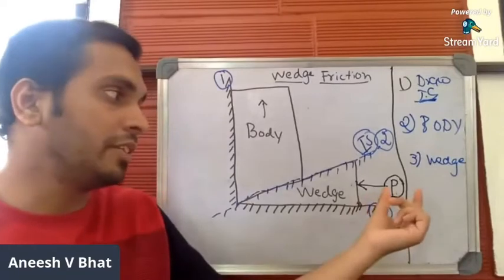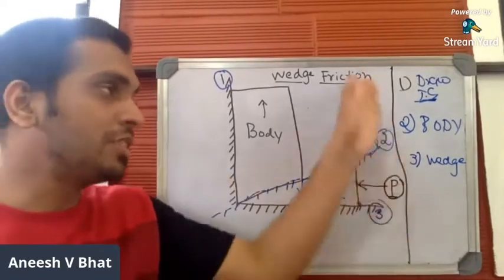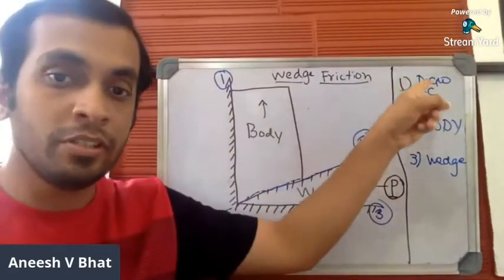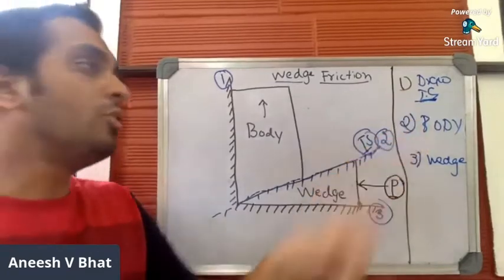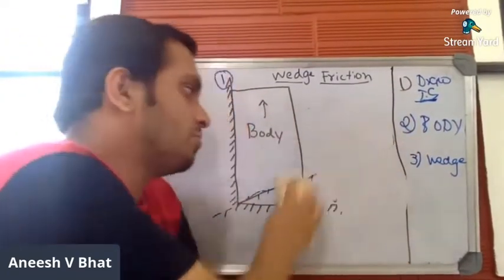And finally, you will be finding the value of P. These are the 3 steps which are involved. Let us go through these steps. I hope you are clear with step number 1, to draw the imaginary surface. Let us go with step number 2 now, briefly, before we start solving the problem.